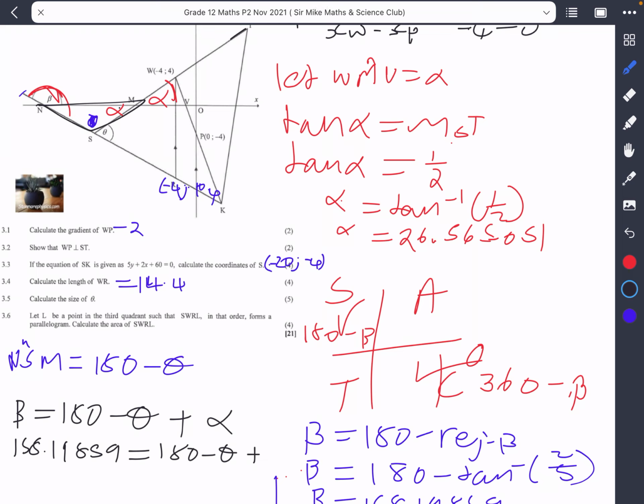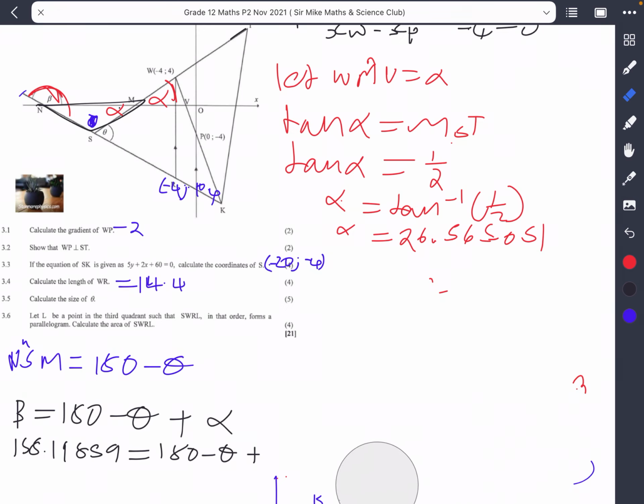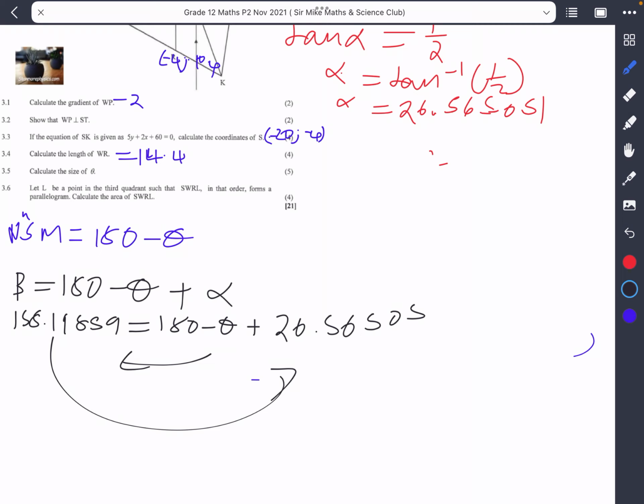26.56505. Let me erase also what we have happening right here. Let me scroll that down. So what we would have in this case is alpha being 26.56505, right? So in this case, I know that theta, what I'm going to do is take this theta to the other side, and then take everything that is on the left to the right. So I would have theta as positive,